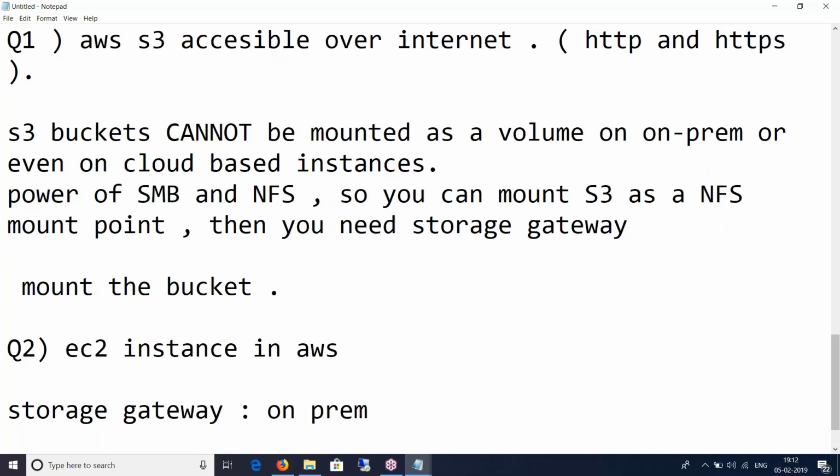You can have a storage gateway on-prem. So if you got a large infrastructure like yours, you're all working for NTT, you will not have an EC2 instance doing the job of a storage gateway. You will have an on-premise virtual machine, and that virtual machine can be on Hyper-V or VMware ESX. And if I'm a startup, I really cannot afford all those big terms like VMware and Hyper-V, so I'll go for an EC2 instance. But if somebody asks you, what is the position of a storage gateway in your network architecture? It is on-premise. Unless I have nothing defined in my on-premise, where I've got just my laptop as an on-premise device.